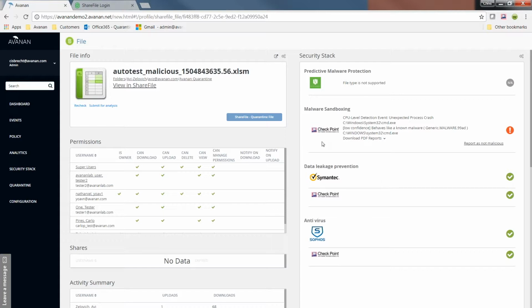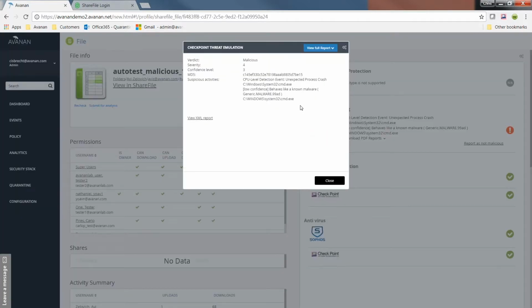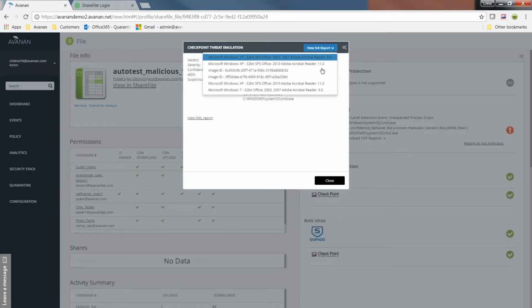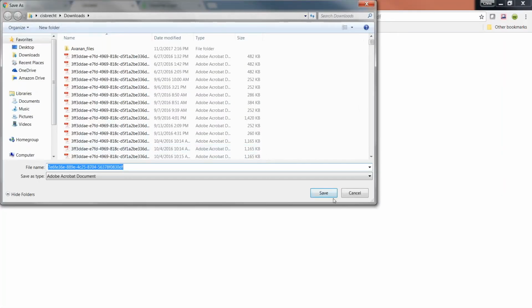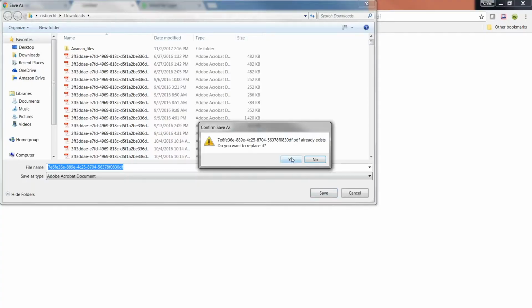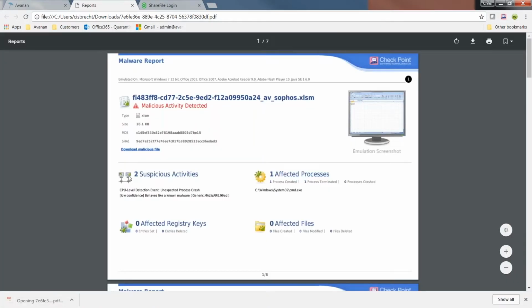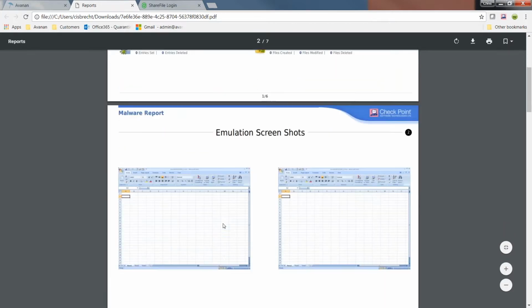It looks like for this file, Checkpoint Sandblast found an issue. You'll be able to drill in and actually see the vendor's emulation reports here, so I can pull a quick report to understand exactly what this file did and what the potential dangers might be. This would go for any of the security providers that we have, so suspicious activities, processes, affected registry keys, screenshots